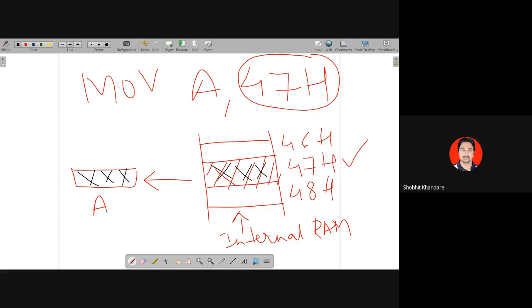So without hash, 47H indicates the memory address of the internal RAM. With the hash, 47H is the data itself. Is it fine? Any questions regarding this?